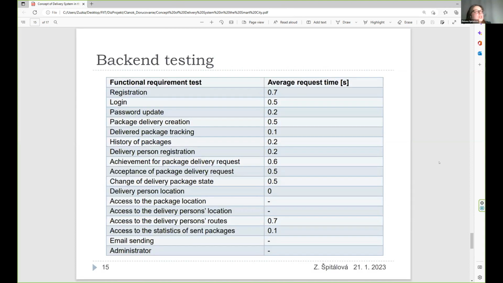On this slide, we also have some results from backend testing. So every request from the front-end part to the backend was made by manual and automatic tests, and the average times for the requests are here in these tables.